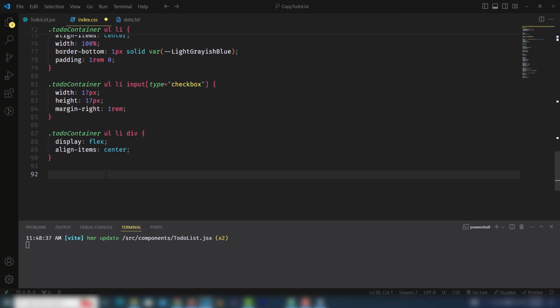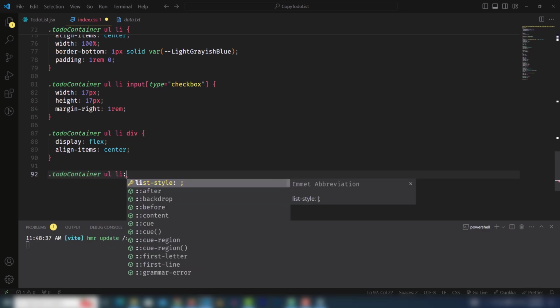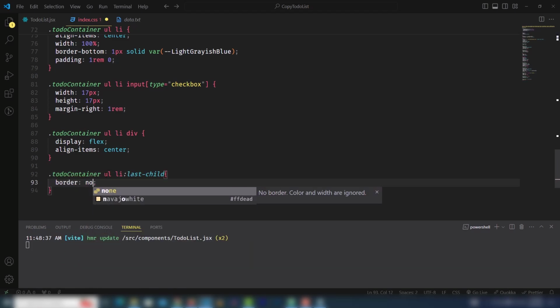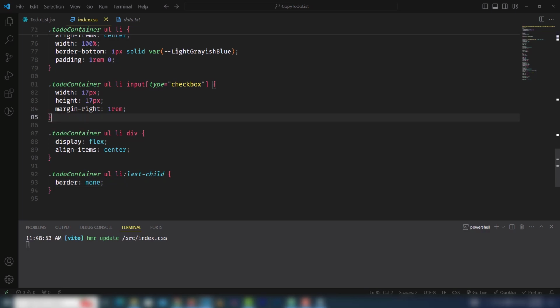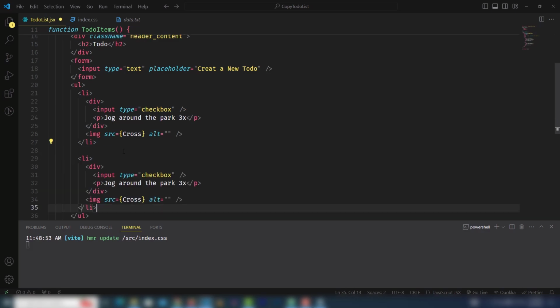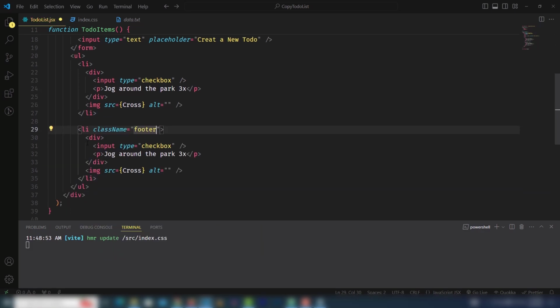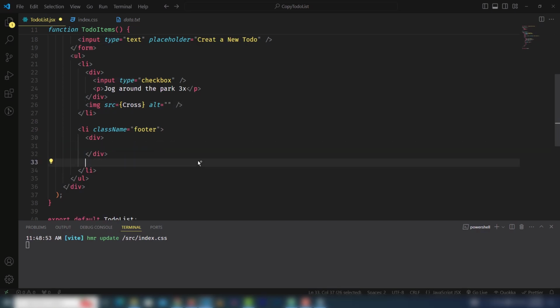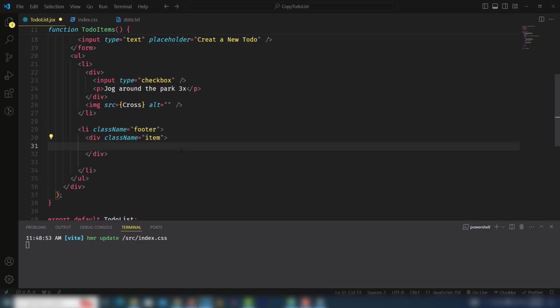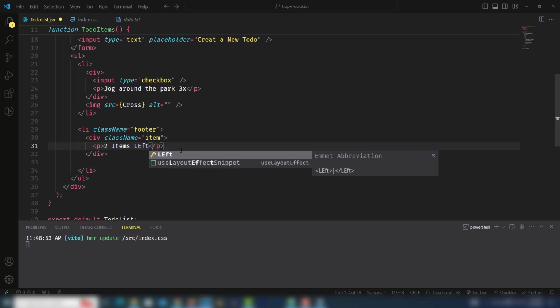So I need to remove all of bottom border in the last element. So I need to select Todo container UL li, and then you need to select the last child. I will use the border none because I will add the footer. So let's move on to the to-do list, and I'm going to paste it there, just assign the classes footer. Right, so I need to add the div. On each div have a class item, so I need to use p2 items left,